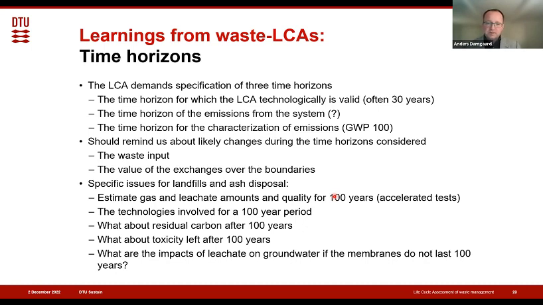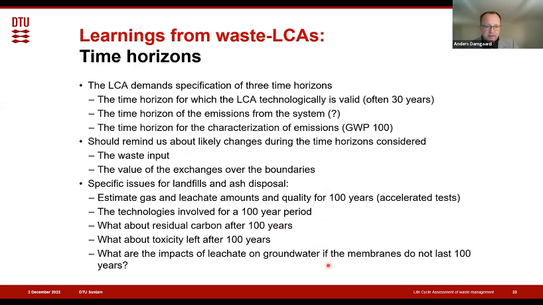So when we talk about time, it's very important to be aware of where we are in this time period and how good our technologies are. Of course, technologies will also evolve, so what is the best might not be the same now and in the future. How much carbon is in the landfill after 100 years? Carbon will be stored. But at the same time, we also know that there will be toxicity left in such landfills for much longer than 100 years because we put it in there and it's quite stable, for instance, the heavy metals.